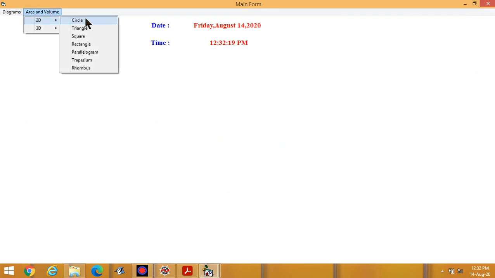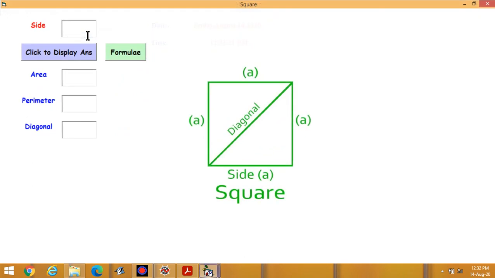The third one is square. If the side of the square is A and the diagonal is D, you can write diagonal. Suppose the side is 13, then area is 169 and perimeter is 52 and diagonal is 18.38, and the formula is